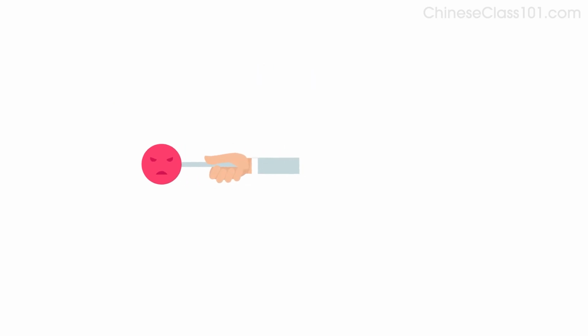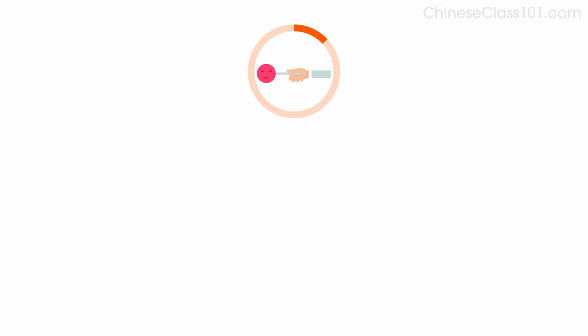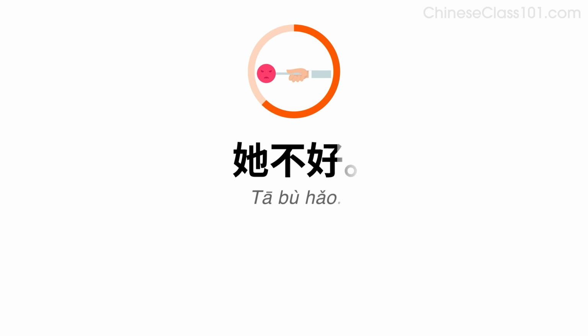Now imagine she's not good. Do you remember how to say not good? 不好。 Say, she's not good. 她不好。 Now, answer the question saying she's not good. 你妈妈怎么样？她不好。